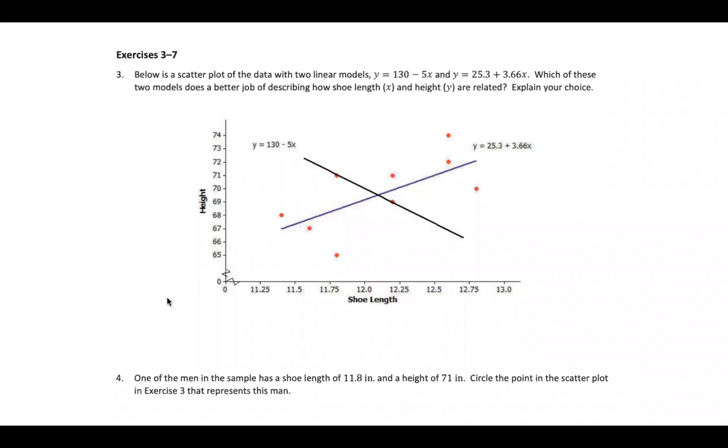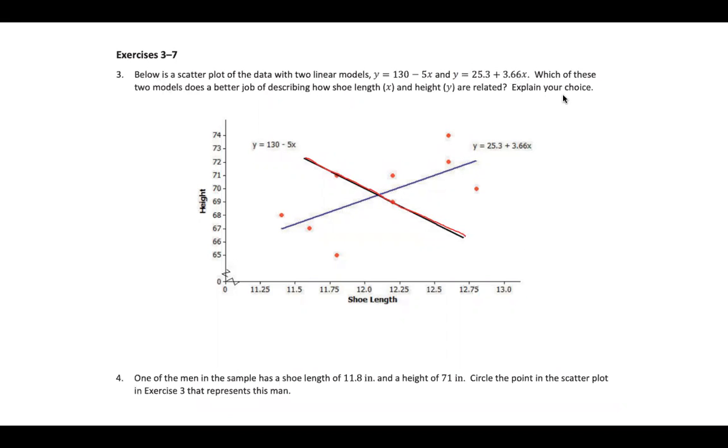So if we look here, it says, below is a scatter plot of two linear models. Y equals 130 minus 5x. That is the decreasing line because, again, if we think about it, we have negative 5 as our slope, and that will create a decreasing line. So again, if you want me to, I can draw a red line over that one. So the red one here that you see me drawing, that is that line. And